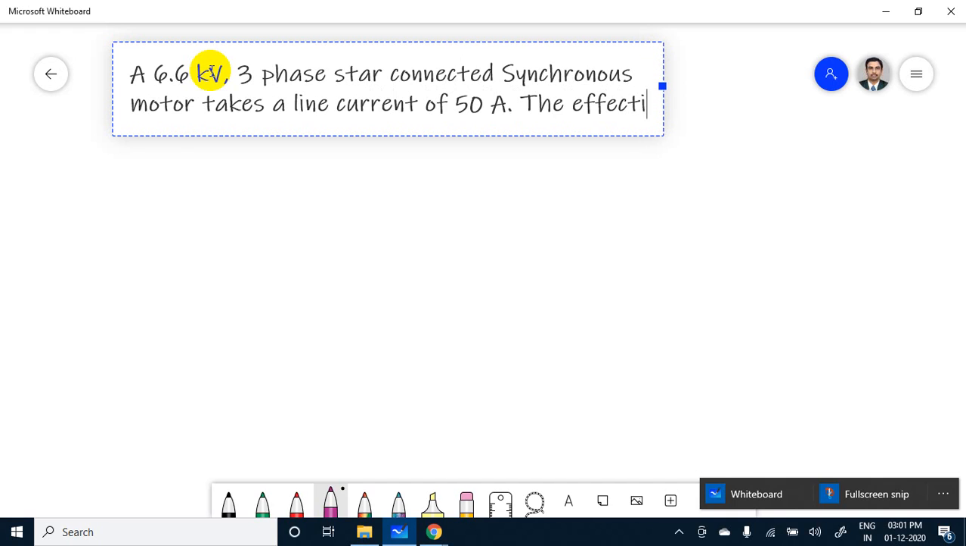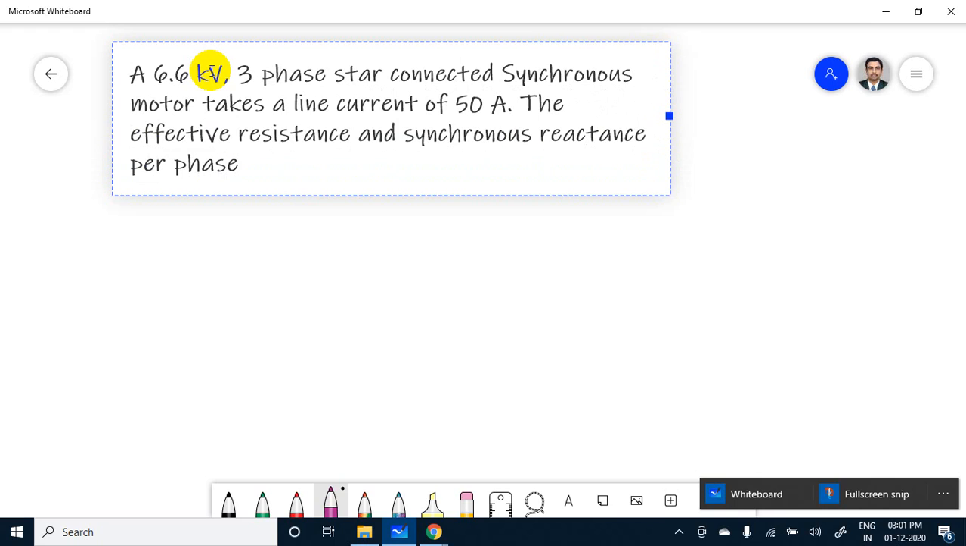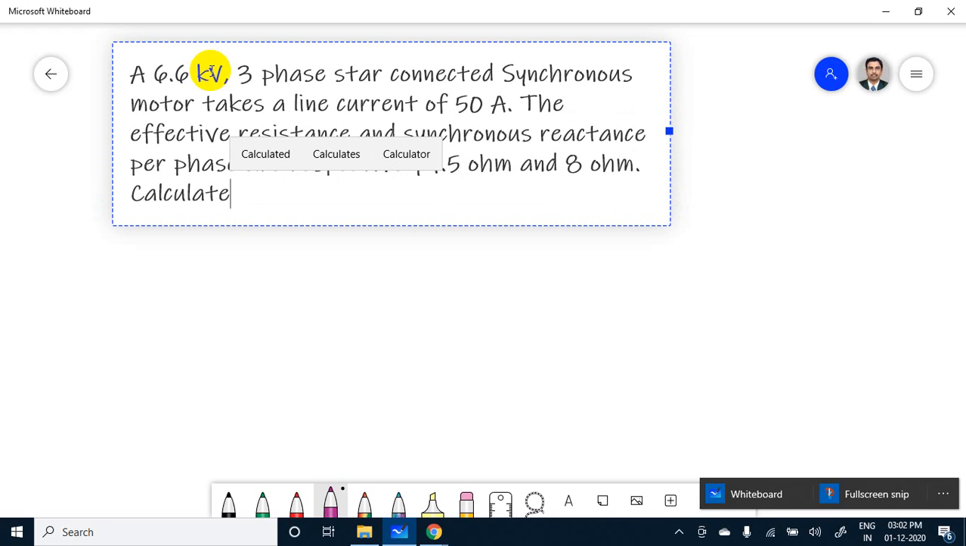The effective resistance and synchronous reactance per phase are respectively 1.5 ohms and 8 ohms. Calculate, first subdivision,